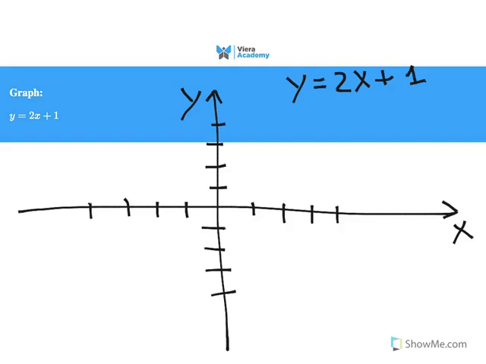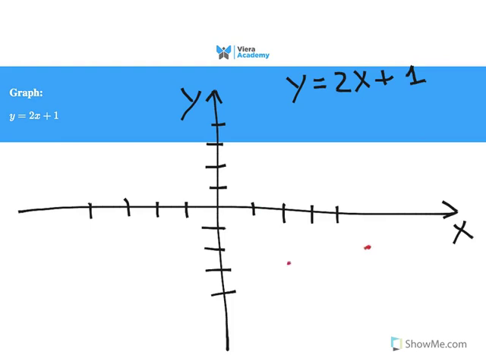Graph y equals 2x plus 1. Y equals 2x plus 1 is essentially a linear equation. In other words, all we need to graph is a line. Now, in order for us to graph a line, all we need to get is 2 points, because when we